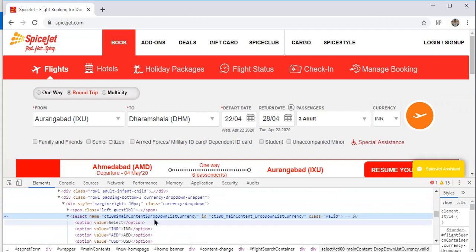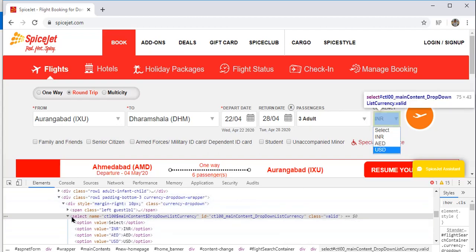The options are INR, AED and USD, so these three options are present here. You can also see the properties of the select tag: it has a name and an ID. Using the ID, we can spy this particular element and work on it.